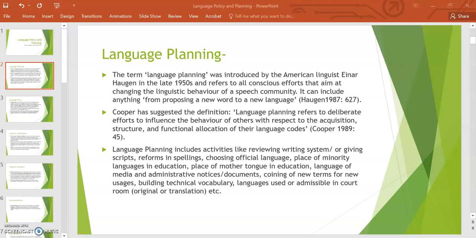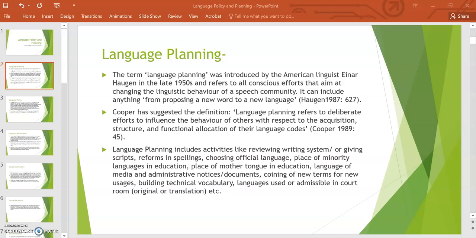Cooper, another scholar, has suggested the definition: language planning refers to deliberate efforts to influence the behavior of others with respect to the acquisition, structure, and functional allocation of their language codes. So, by this, we can understand that whenever in a society or in a nation a new language is introduced, or a new role for a language is introduced, or new forms are introduced in a language, it comes under